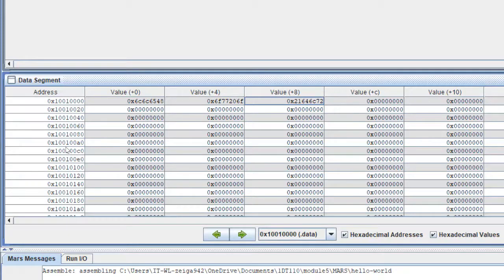So each string is a set of characters which will be followed one after another in memory, and each character is 1 byte, and each byte is shown in hexadecimal with 2 values. So for example, I have here one of my characters which has the hexadecimal value in the ASCII system of 48. Another one is 65. Another one is 6C. Another one is 6C, etc. So these are all my